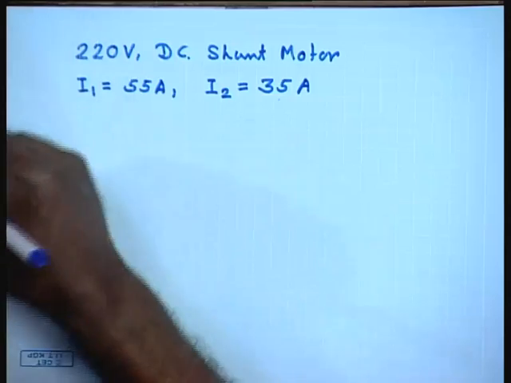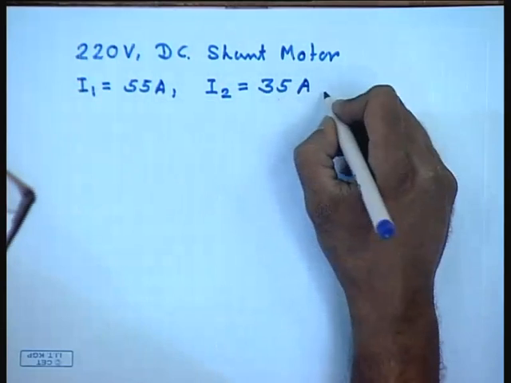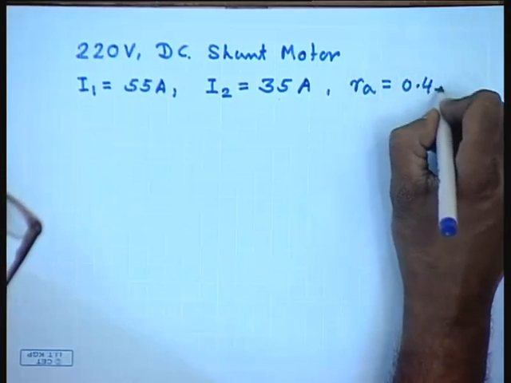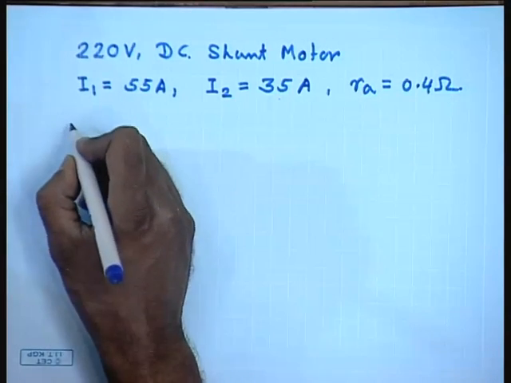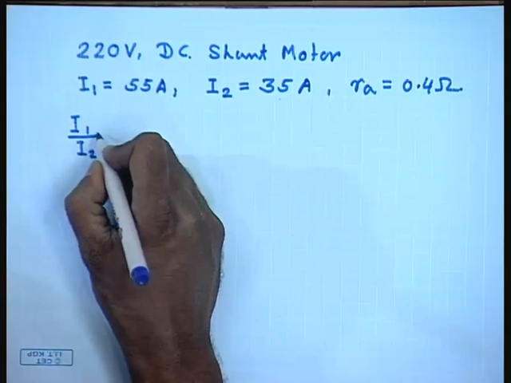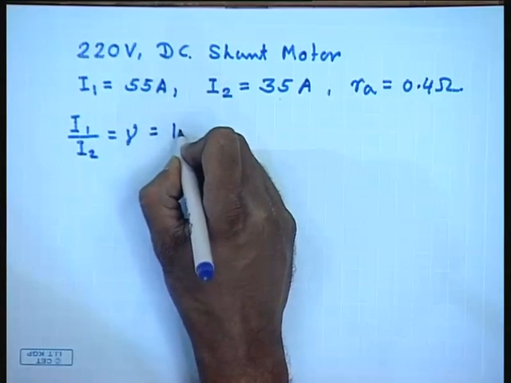So, find out the number of sections and the resistance in each section. Let us say Ra equal to 0.4 ohms. Then I1 by I2 equal to gamma equal to 1.57